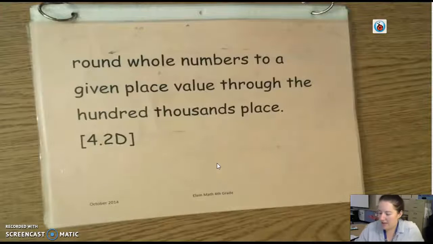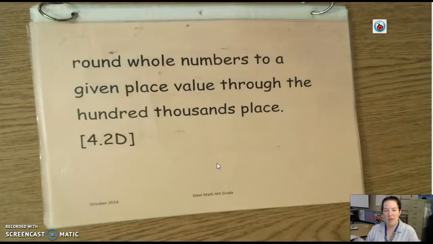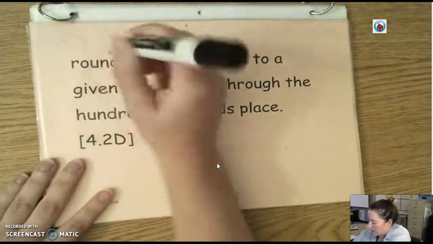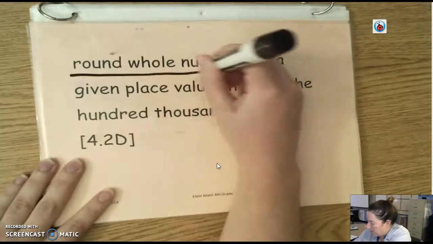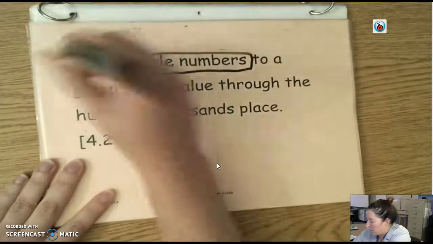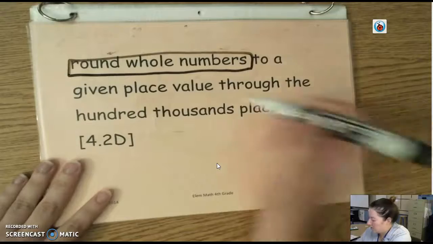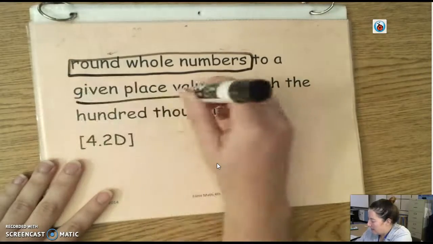Hey guys, we have a new TEK today. So the TEK we have is 4.2D. It says round whole numbers to a given place value through the hundred thousands place. So what are we going to be doing? We're going to be rounding whole numbers, and we're going to round whole numbers to any given place value through